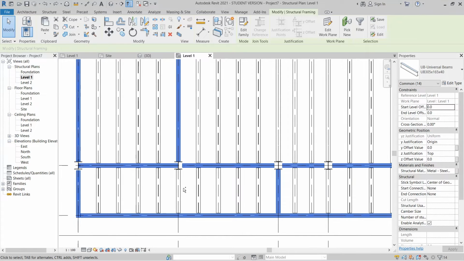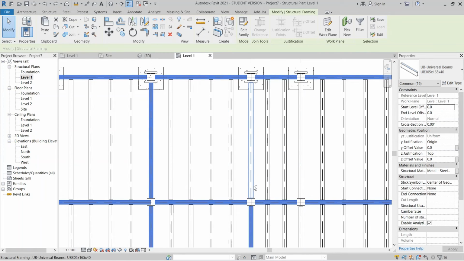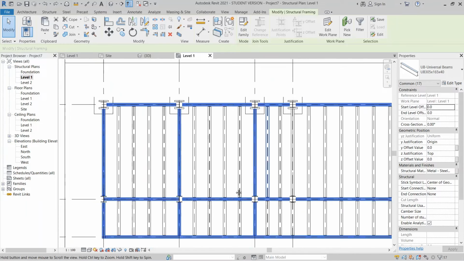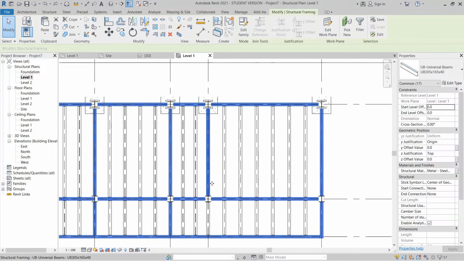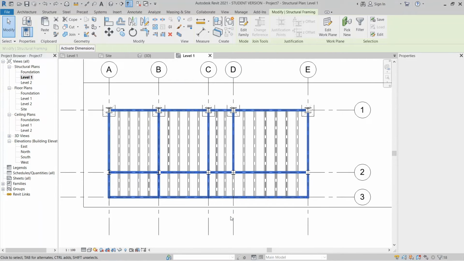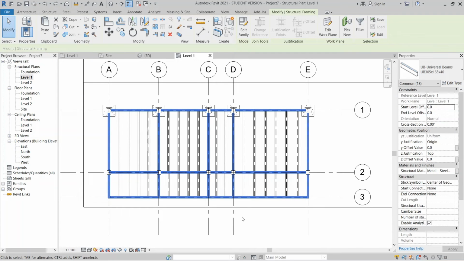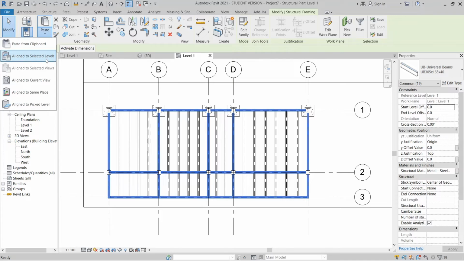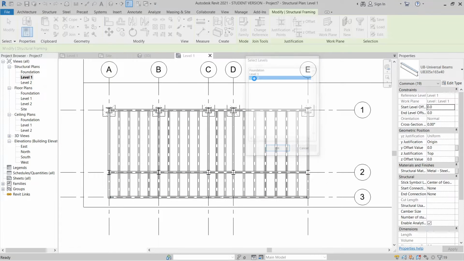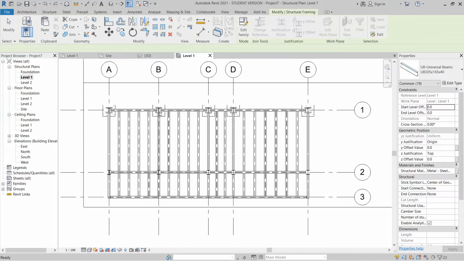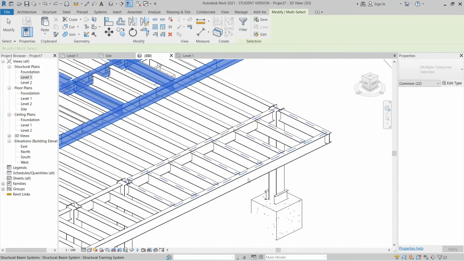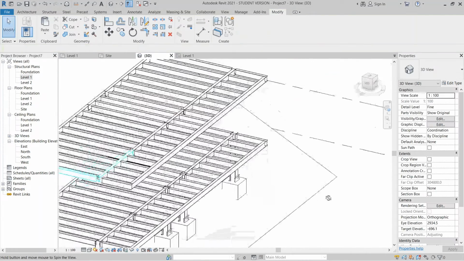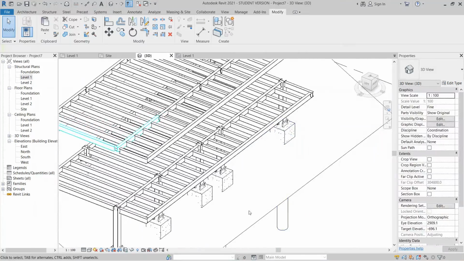And this one, and here. Okay, this one also. Okay, perfect. Go to copy, then align to select level 2. I can go to my 3D there. Okay, so now everything looks fine.